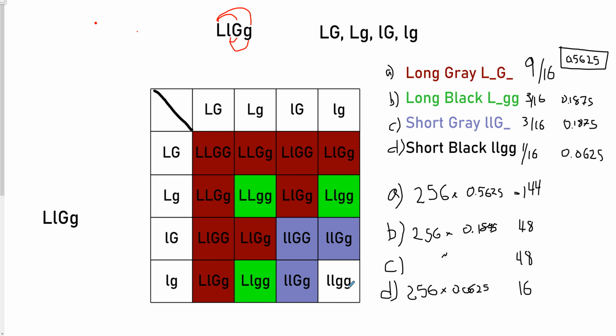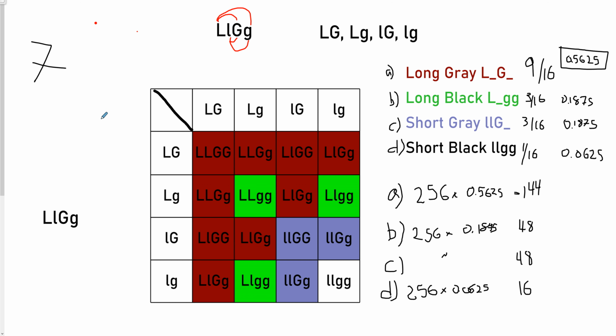And again, if you add all of these numbers up, you should not be surprised, since all of these decimals add up to 1, and all of these fractions add up to 16 on 16, which is 1. All of these values should add up to 256, and you can add them together and check it if you want, but I'm going to tell you that for sure they are. So that's question 7, and that sets up a whole bunch of stuff. Also sets up question 9, which I'm not going to do for you, but I am going to do question